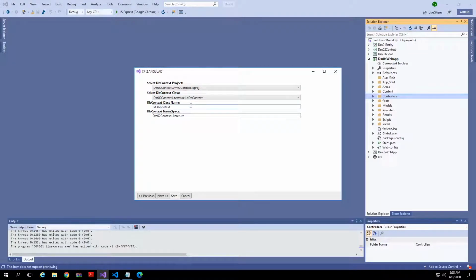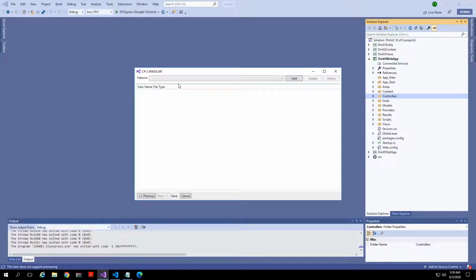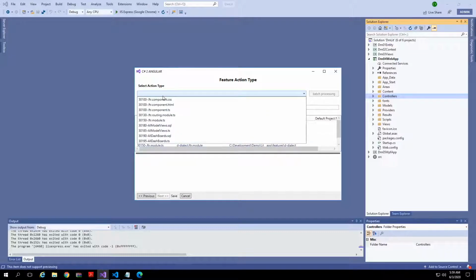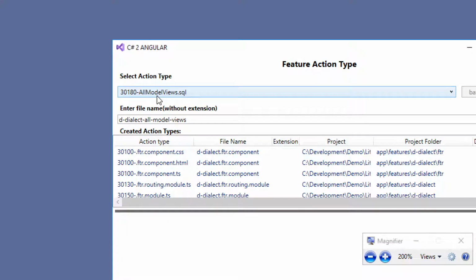On the fourth page of the dialog select 30190 all dashboards.sql and generate a SQL script to populate the database table with data for all feature pages for a given context. Go back to the fourth page and select